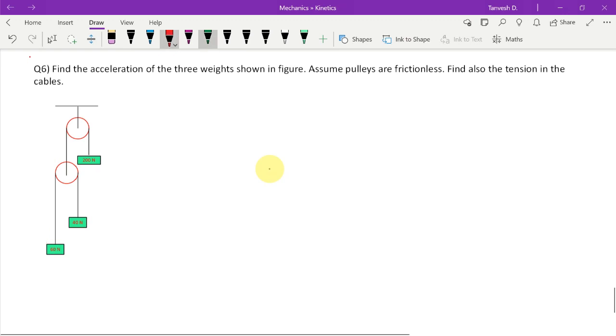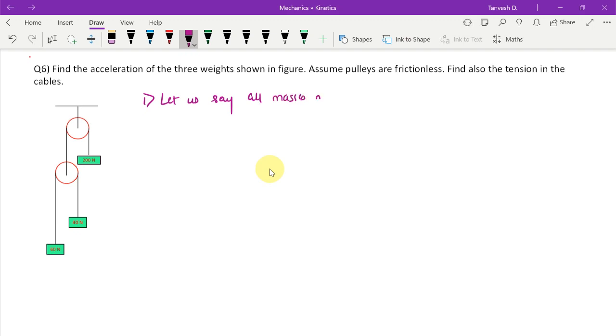But we won't assume that right away. What we'll say is, let us say all of the masses move up. So right here itself we have set our sign convention that upwards would be positive. Whatever answer we get positive, that is basically upwards. Okay, now let us